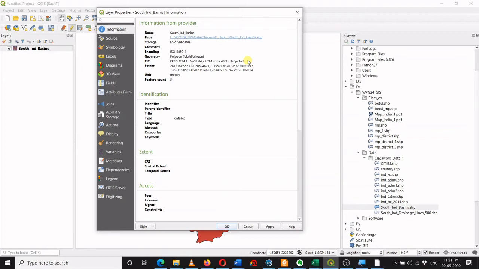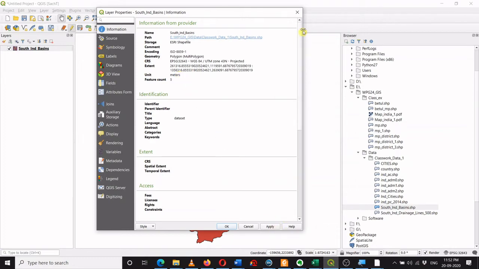So before calculating area or length, you have to ensure that all your vector data is converted into a projected CRS. Here it is a projected CRS, and the unit is meter. So in this coordinate reference system, if you calculate the area or length, everything will be in meters.